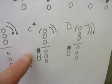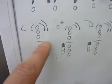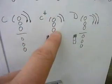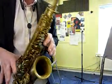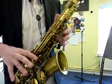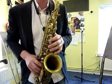Straight onto C sharp now. So for C sharp, we're like playing an E. Octave key in, as you can see. Side key comes in now. And the two side keys which we've just had here. So it's like playing an E in a normal register, high E, and overblowing it, which gives us a C sharp. So here we go. So we've got the C. And we're just going to add this side key here, which would normally take it up to a high E in a normal register. But now, because we're overblowing in an altissimo,